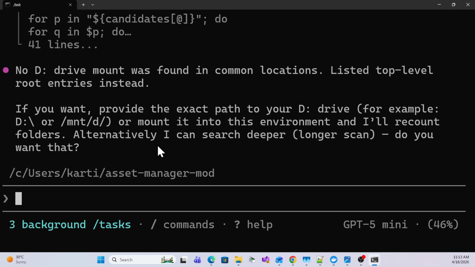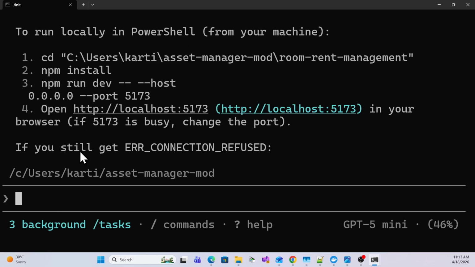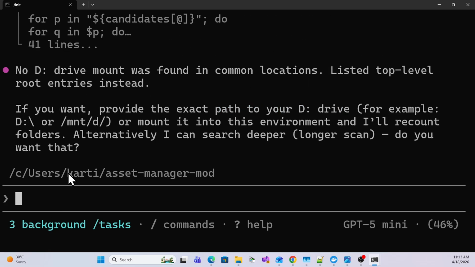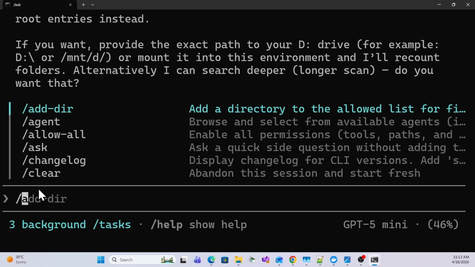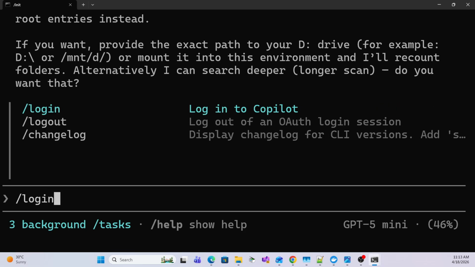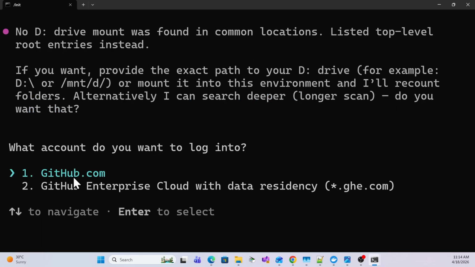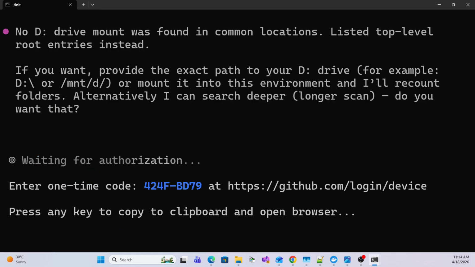One thing I missed is the login. The first time you do this, you definitely have to log in. So you go to login, and once you hit enter, it asks for Copilot, github.com and all. So go to that GitHub, and